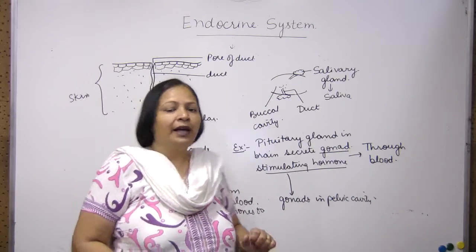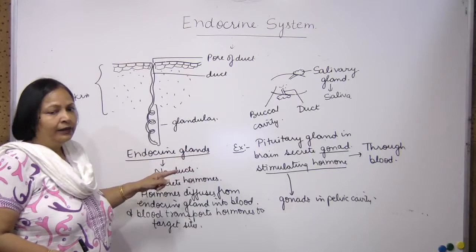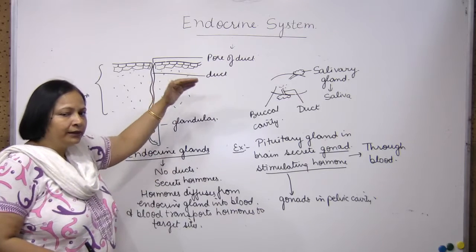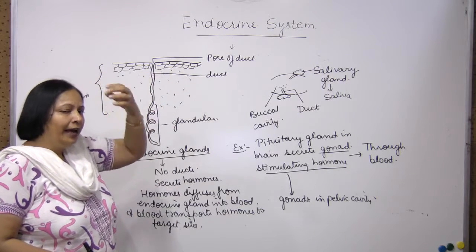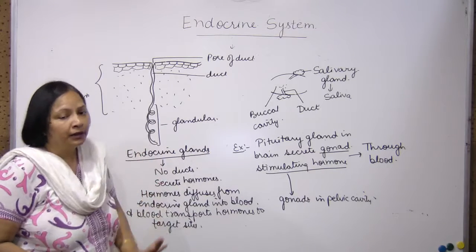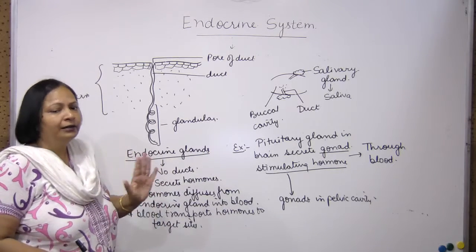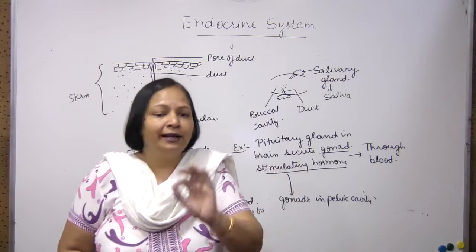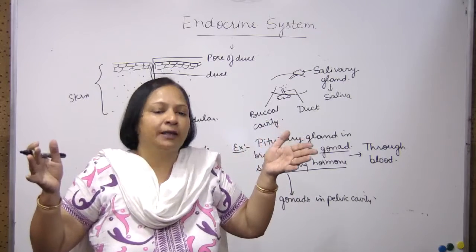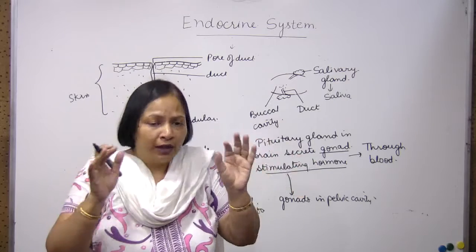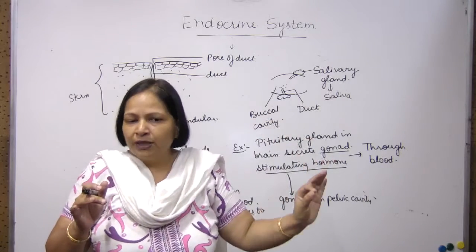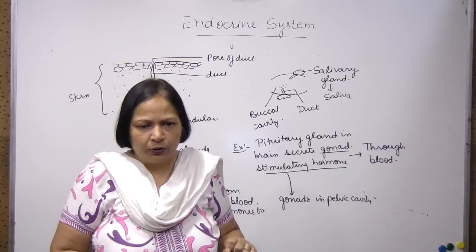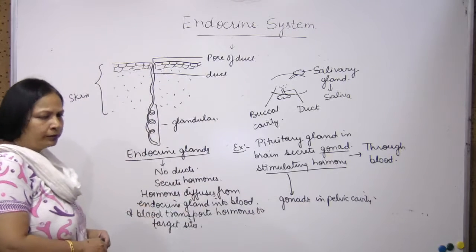Is it okay? Whereas the endocrine glands, the secretions of endocrine glands are hormones. Hormones may be secreted at one part, may be secreted in brain, and act at a far off site. Maybe in the gonads, maybe on the kidneys, maybe on the heart. Right? So, the site of secretion and site of action of hormones may be widely separated. The hormone is transported from the site of secretion to the site of action through blood. Is it okay? Right? Karo note.